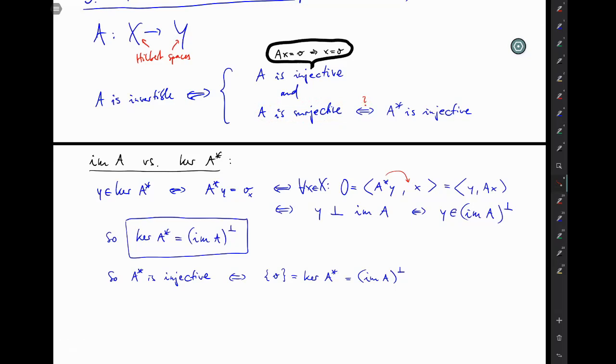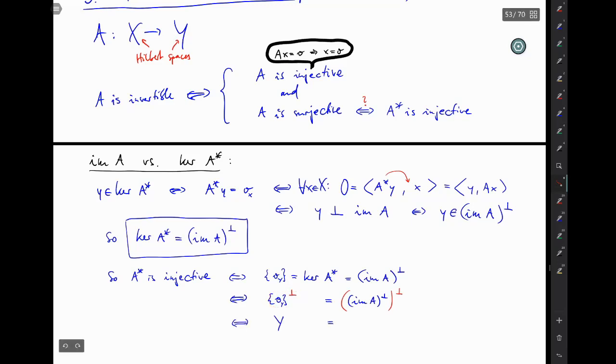And unfortunately we cannot, at least not if the setting is infinite dimensional, and let me show you why. This is a space, that is a space. So equality still holds when we apply the operation of passing to the orthogonal subspace to both sides, and this is in fact an equivalence relation. And now, because this here is the null element in Y, we get on the left hand side the space Y,